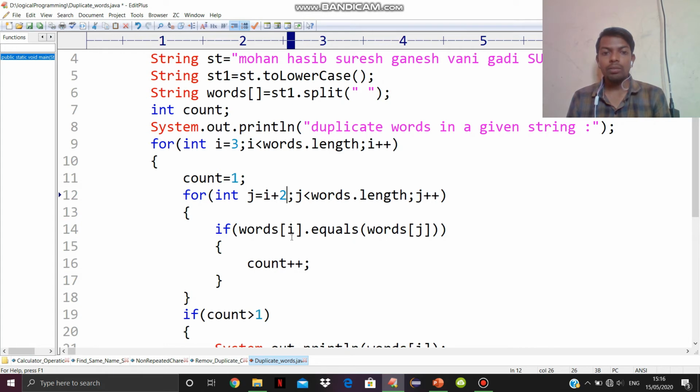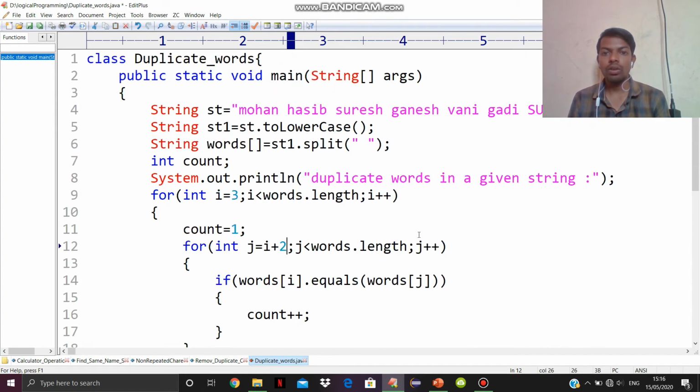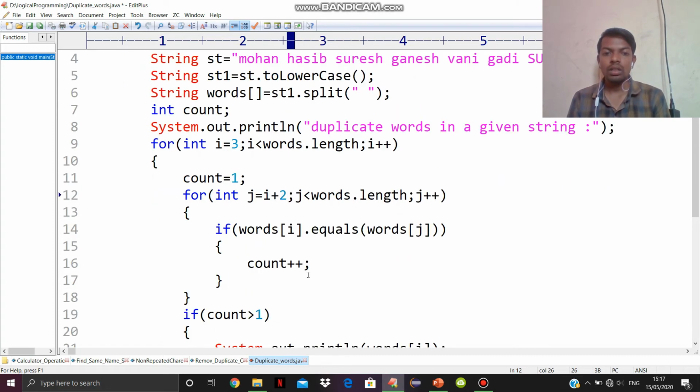So i value remains 3, Ganesh. What is the jth value? 3 plus 2, 5. What is the fifth location of the array? Gadi. Ganesh equal to Gadi? Condition false. Then again j value becomes incremented by 1.